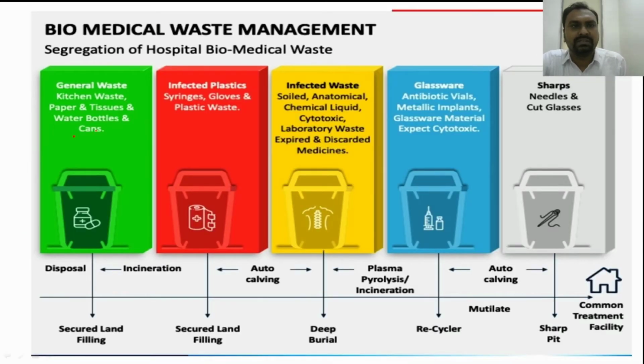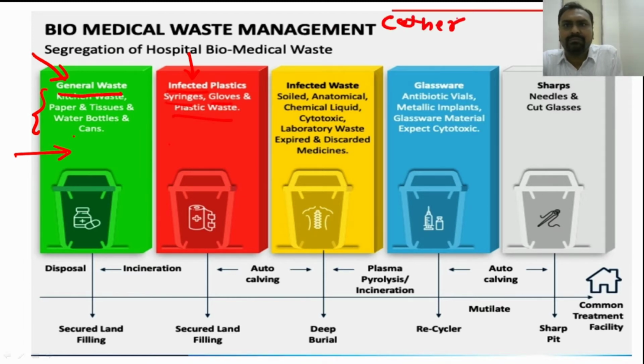So in which bag, which type of biomedical waste has to be added? You have to remember, the green bag is for the general waste. General waste includes things like papers or fruits or water bottles, all the things we have to keep in the green bag. In the red bag, infected plastics like syringes, gloves, or all plastic waste like catheter or Ryle's tube